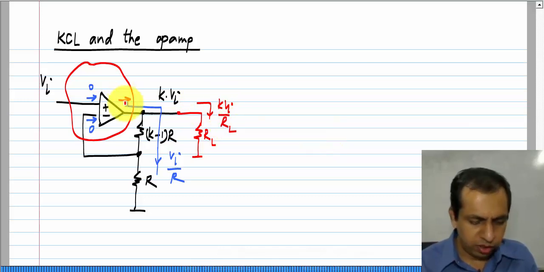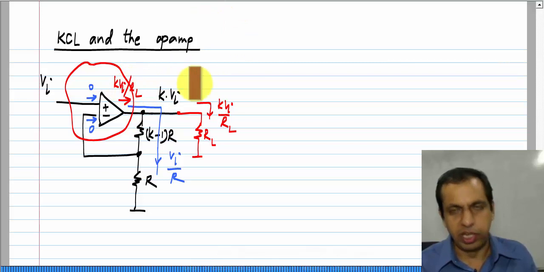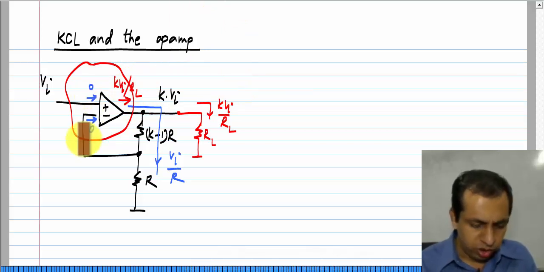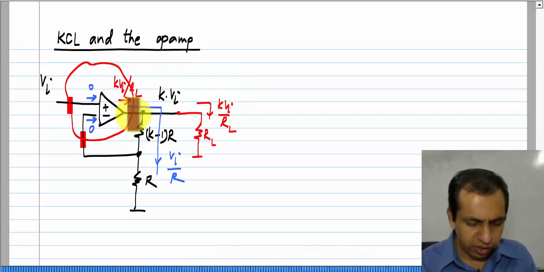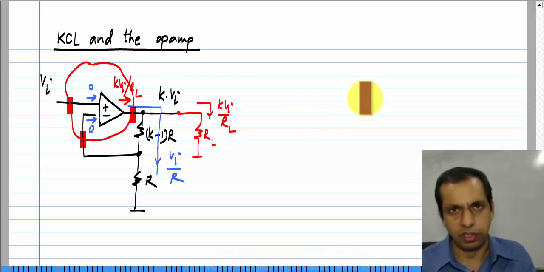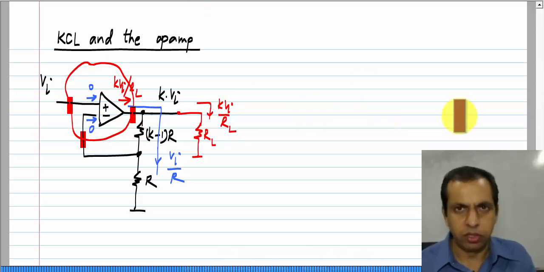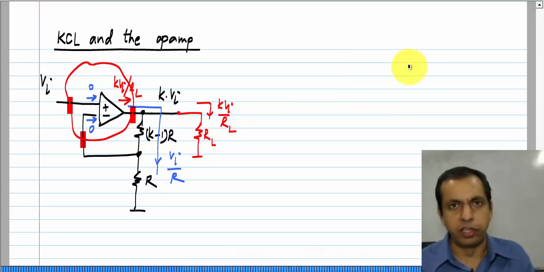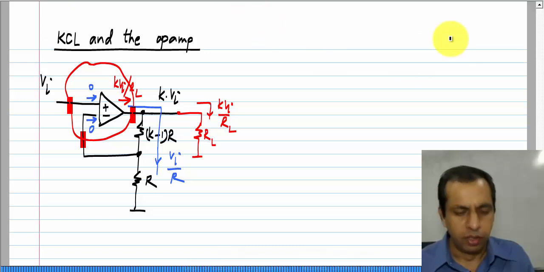So, the total current coming out would also include kVi by RL. It will be Vi by R plus k times Vi by RL, and these are 0. So, if you sum the currents there and there, let us say coming out of this closed surface, it is clearly not 0. Okay. So, this seems to violate KCL, which of course cannot be violated at all,